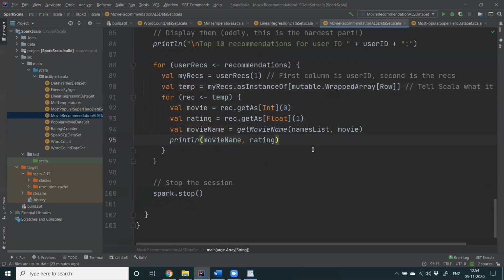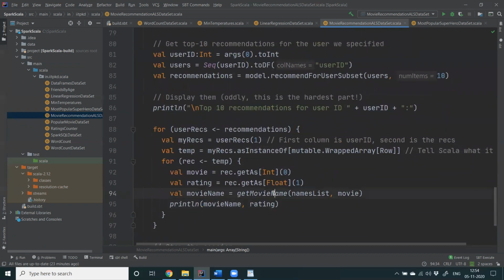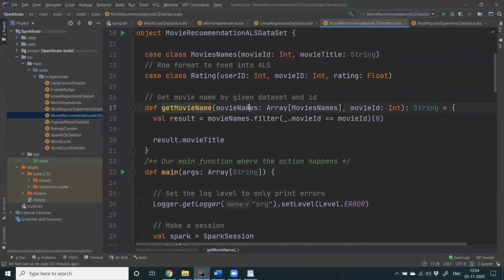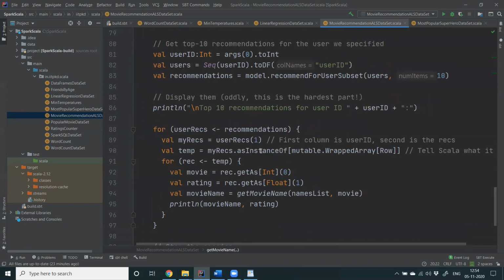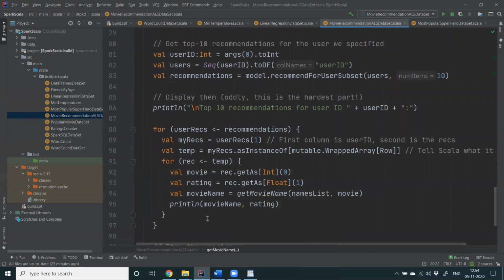Okay, and to get the name, getMovieName is a little function in Scala we have set up. That is just taking these movie names to look up and filter out the movie with the movie ID whichever we have set up, and the result will be the title, which will be returned from these movie names. Okay, movie name. This is the Scala method. So essentially, this name list which we are taking